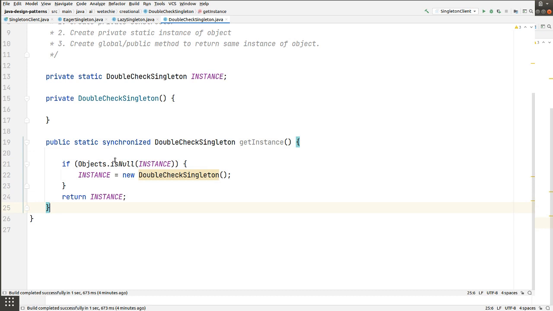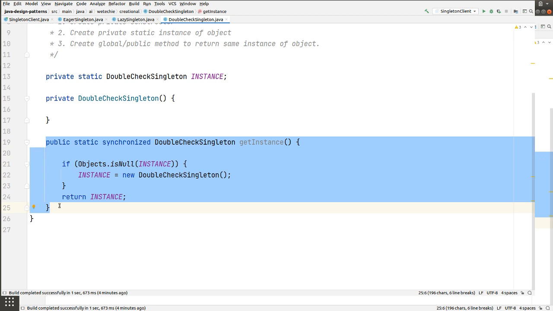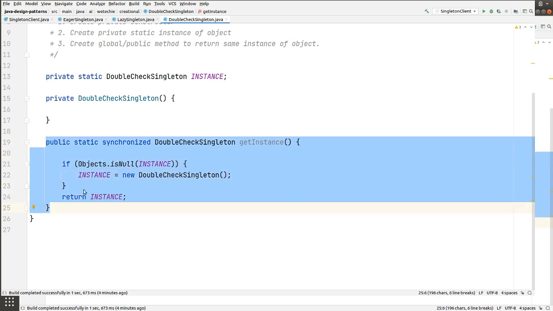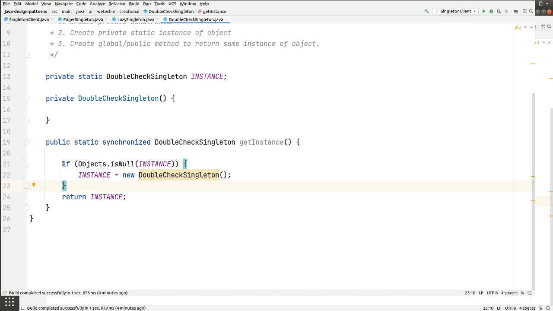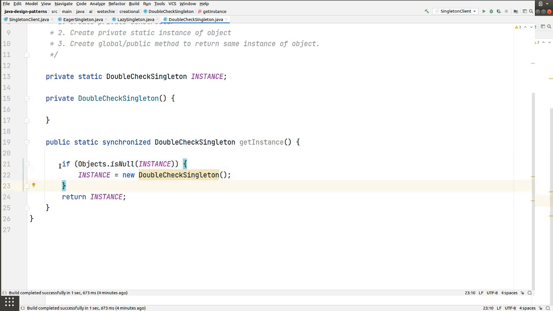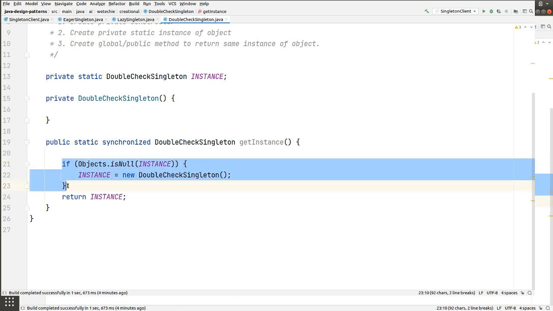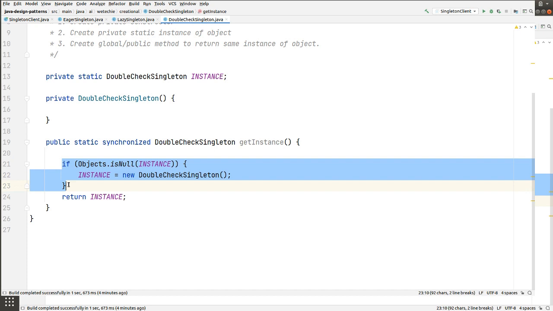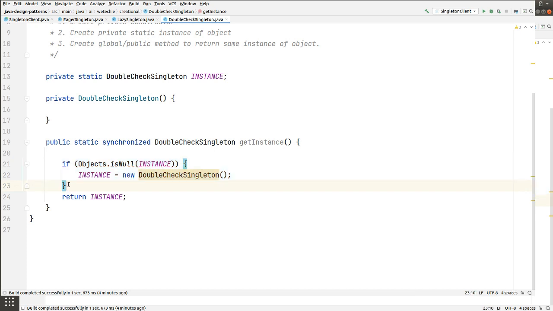But there is one limitation: you are making the complete method synchronized. Let's say you have 5 threads. Only one thread is accessing your method and 4 threads will be waiting for thread A to finish its task. So the fifth thread will get the system very late, right?